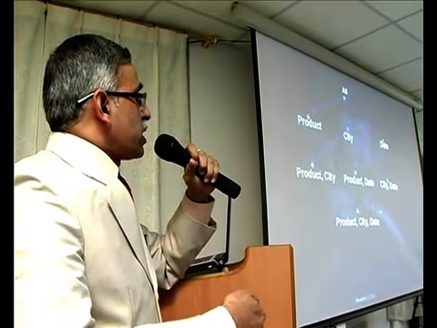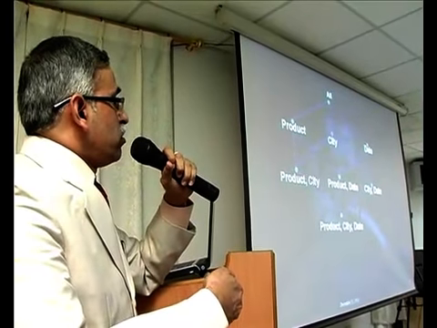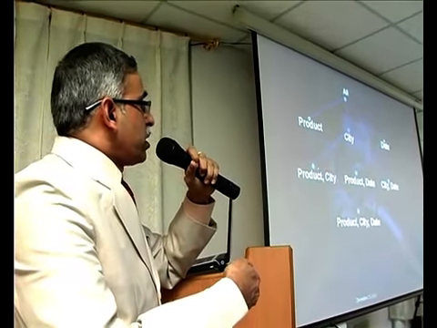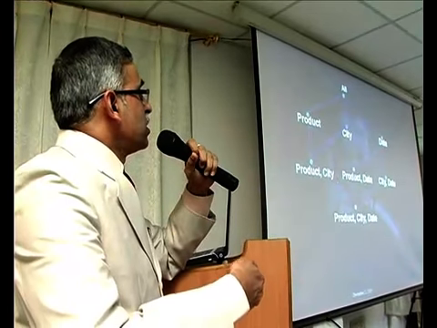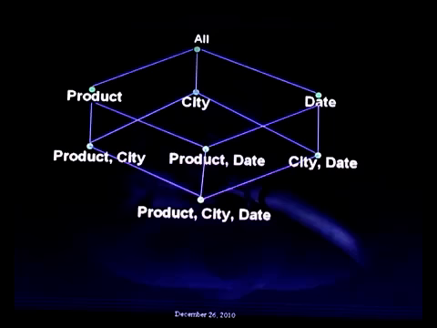So this is our greatest lower bound. For any combination you take, that value, or in other words that measure, is always more than this. Similarly, all these three are always more than these two. Similarly, this is always more than all the three. So this is the least upper bound, in the sense that whatever sales aggregations you are computing across the combinations of various dimensions, those values are always less than this and always more than this. So it imitates the behavior of a lattice with the GLB and the LUB concept.